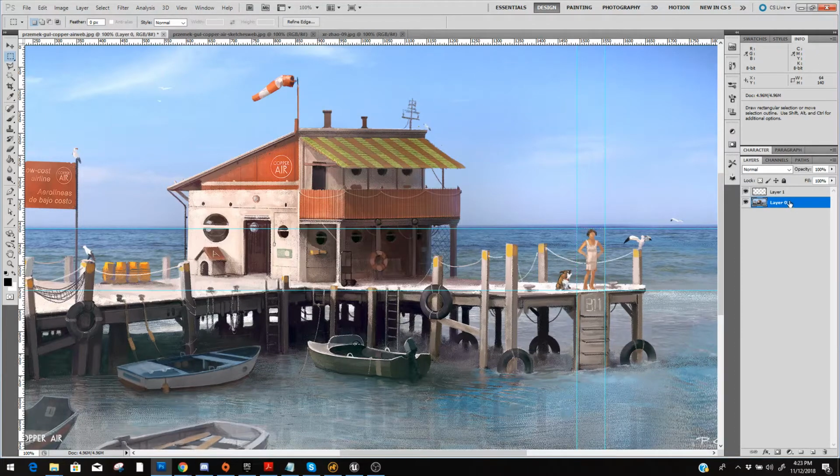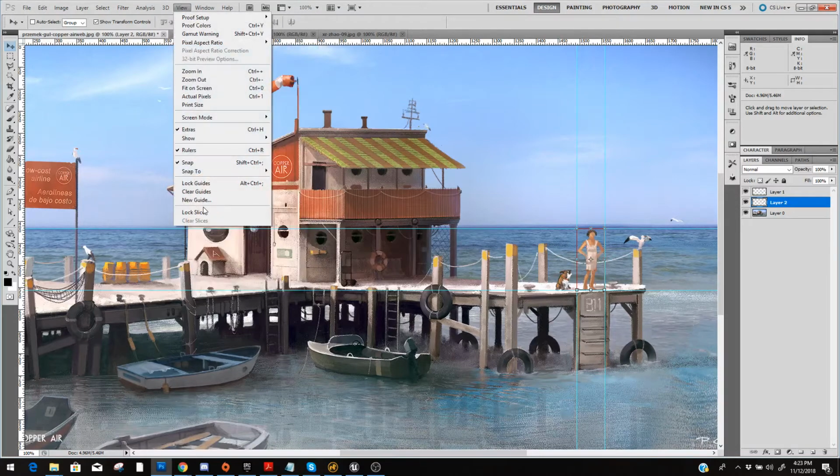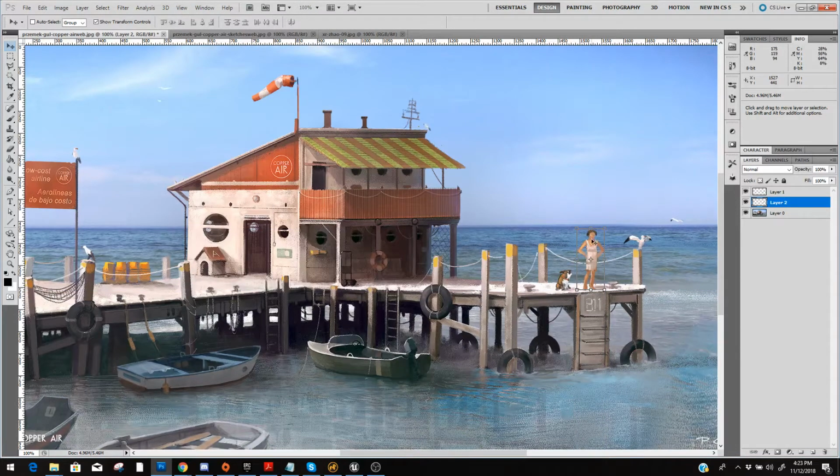Make sure we're going to copy and paste over here, and you can probably clear guides for right now. So I'm going to grab her. I'm going to move her first place is in the doorway over here. Then I'm going to just do a multiply over here,